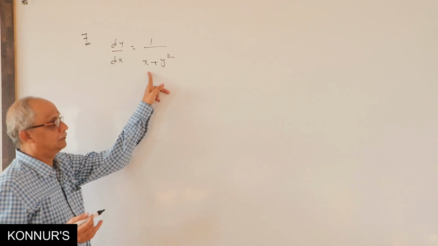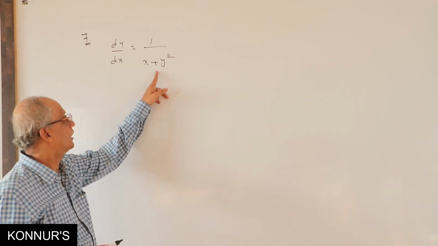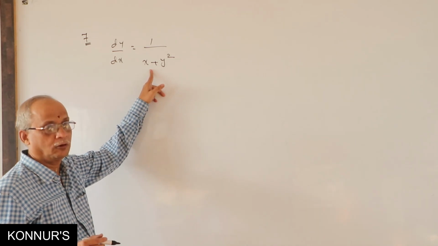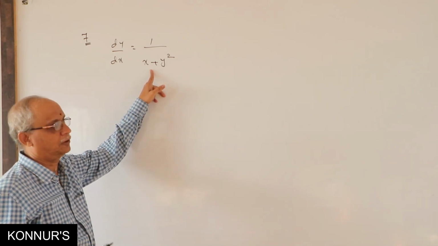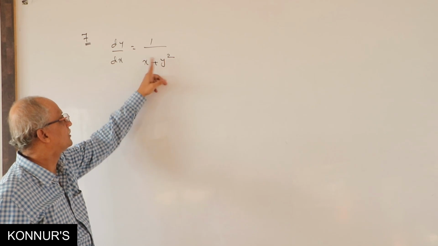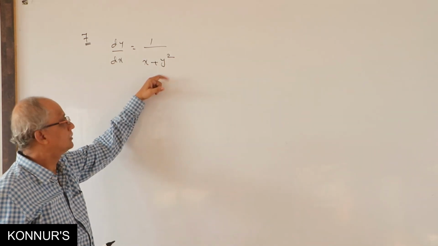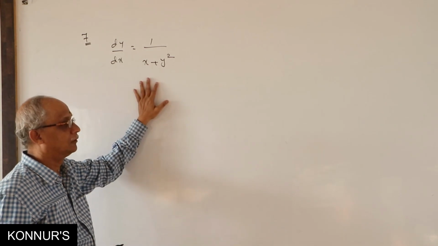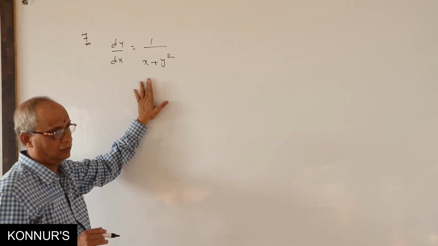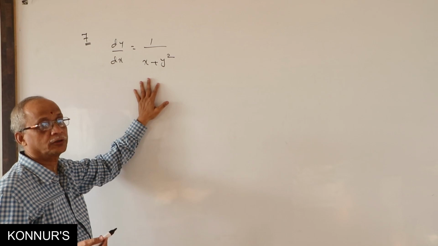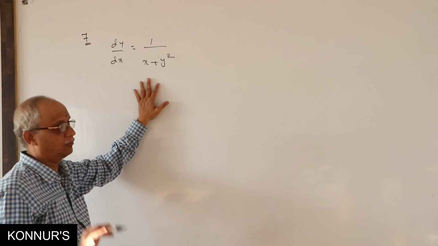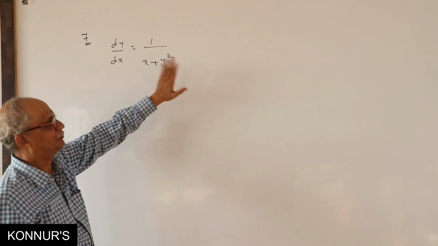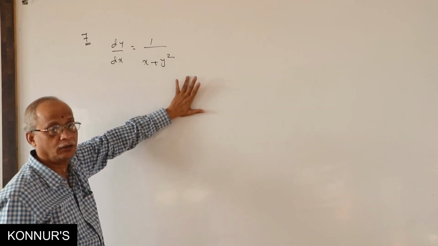Variable separable, impossible. X and y cannot be split. We cannot break. Failure. Homogeneous equation is not possible because the powers are not the same, or else we cannot have y equal to vx because it is in the denominator. Homogeneous failure. What is the next one? Non-homogeneous, the concept I told you. Anyway, non-homogeneous is not necessary. Constant is missing.